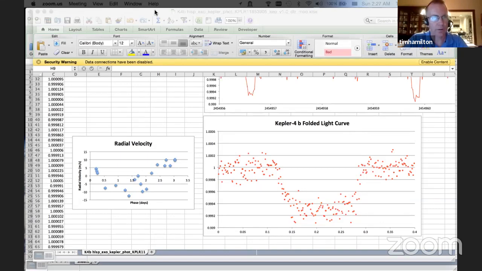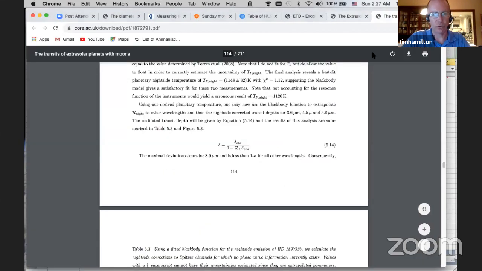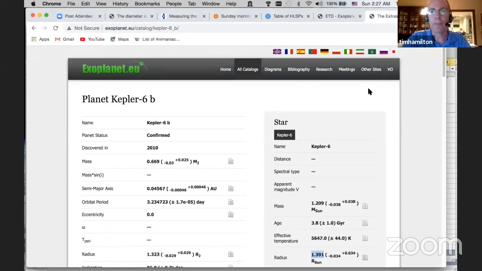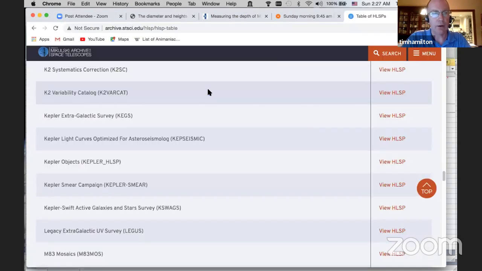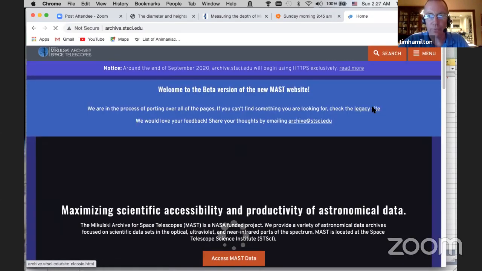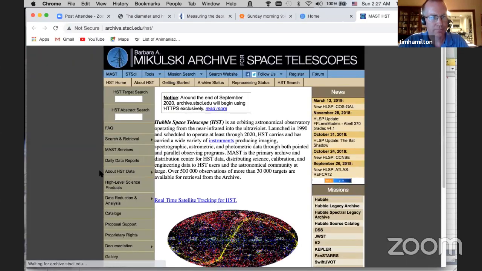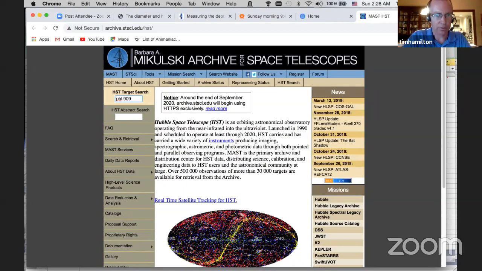Okay. Now let's go back to the World Wide Web. I just closed a tab of a paper I wanted to read soon. Oh well, I'll find it again. Now, most of what we do in the MAST archive is looking for things like Hubble telescope data. And so we can go there and we can search by targets. For example, the first quasar that I worked on, let's see, well, the second one anyway, PHL 909.